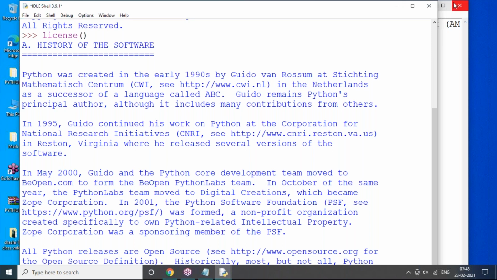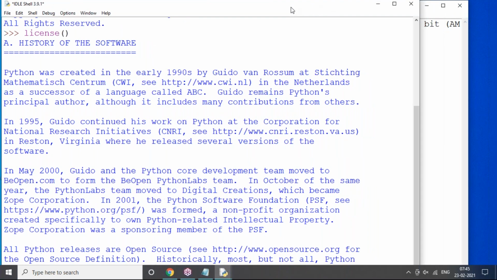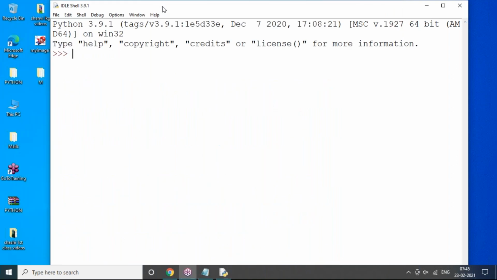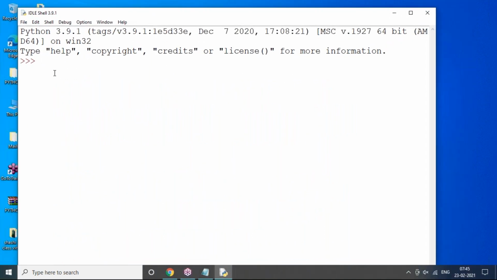Okay, let me close this now. I want to show you the interactive cell window and some programs, how to write code here. Suppose I want to print hello. You can type it, and hello is coming. Here there is no need to write any print function also.